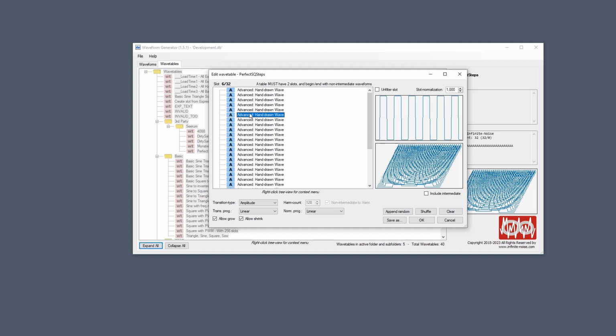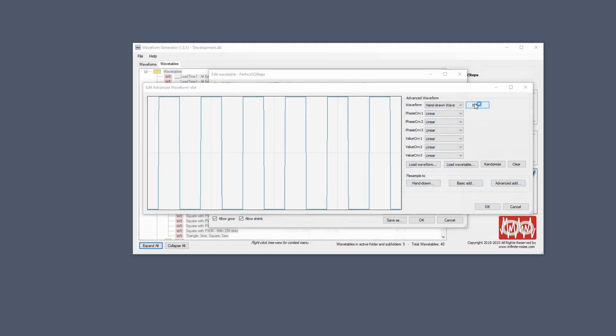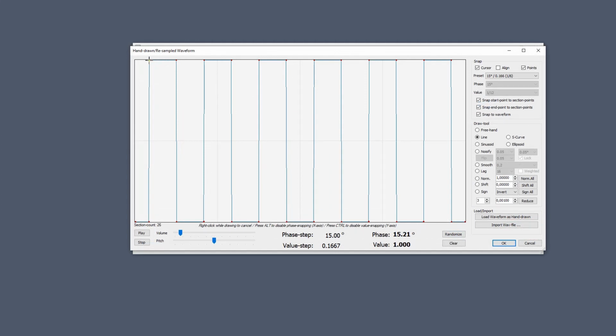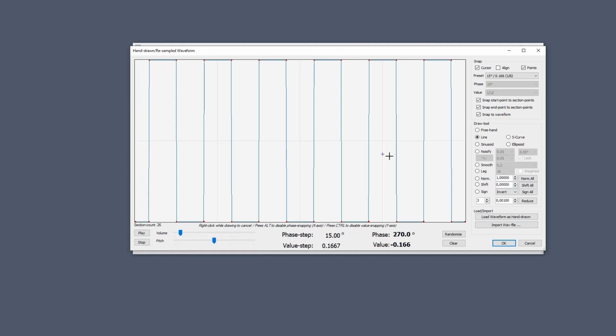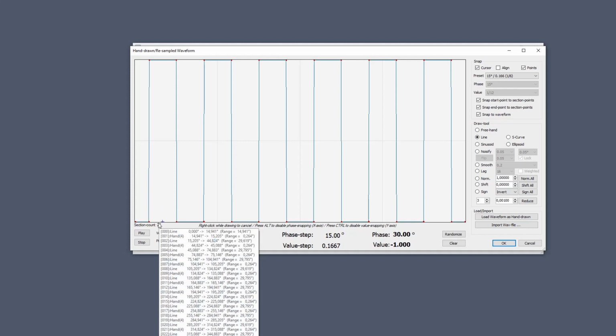And if I double click one of these, you can actually see that these parts have been turned in. These red dots tell me that it's different sections. If I did not enable this feature to resample and reduce it, this would simply be 4096 individual sample values, so it would be a lot of values in the file. But now, instead, it's reduced into these segments. You have line segments